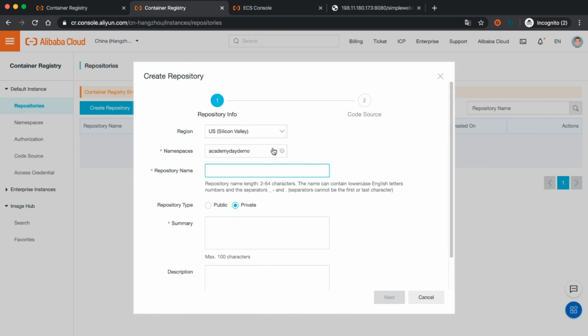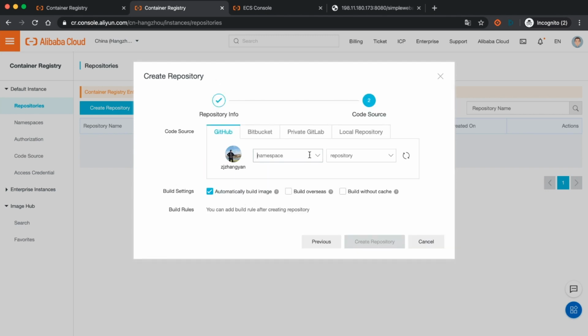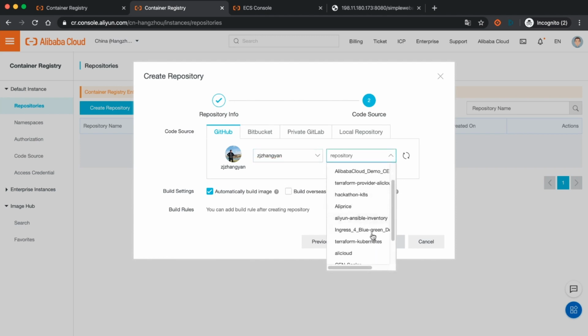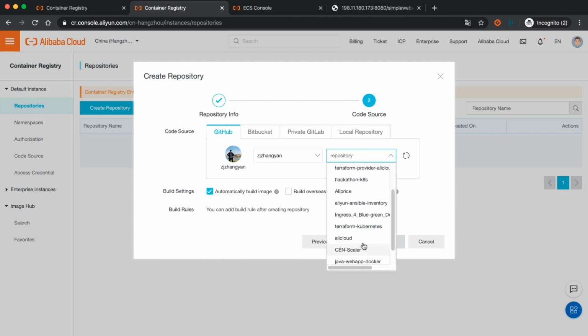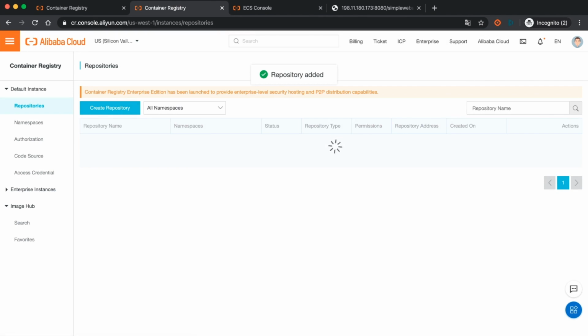And you put your repository name here. Click here to go to the next step to associate the repository with your GitHub repository. Let's choose the application, which is Java Web App. Click here to create a new repository